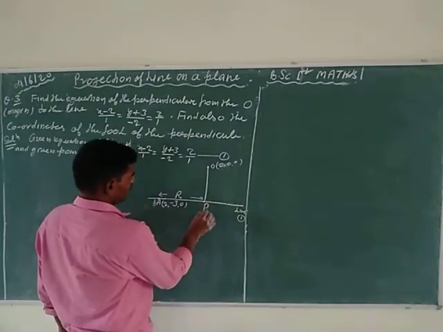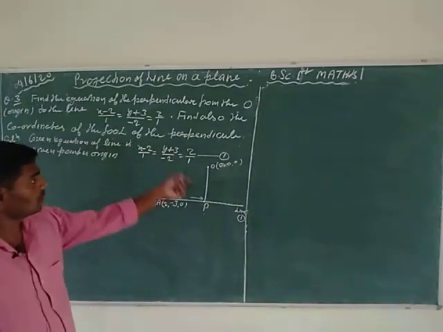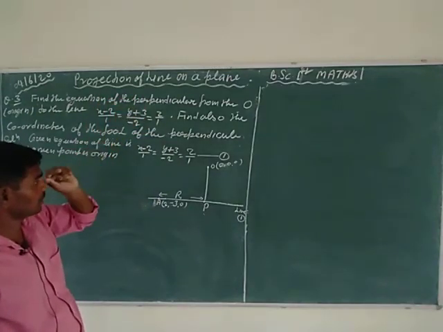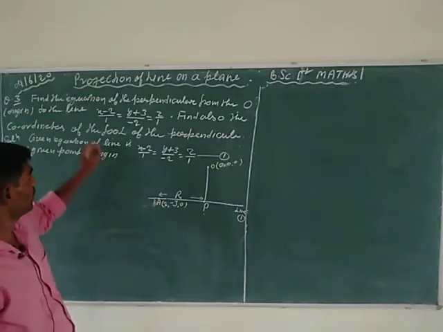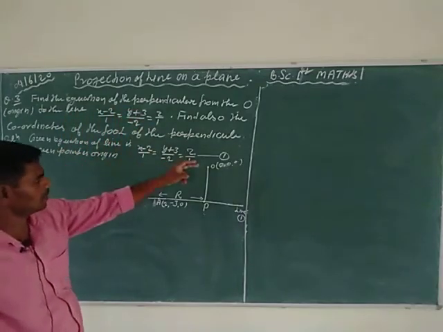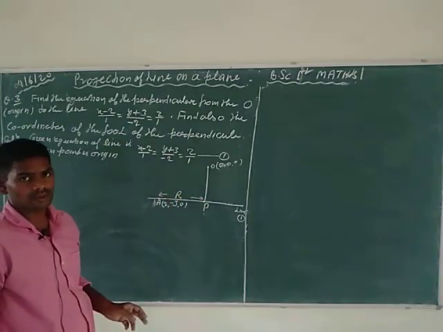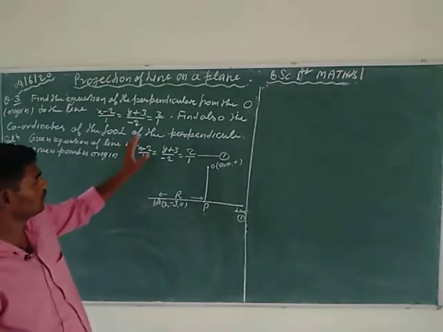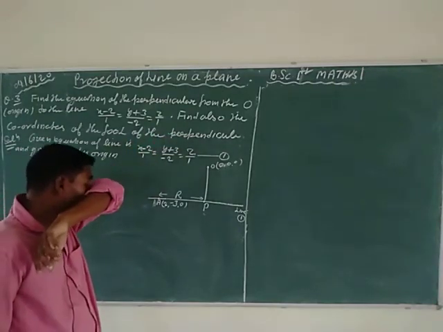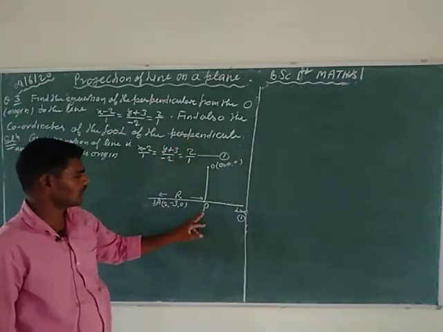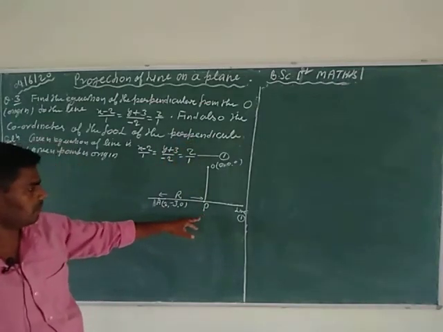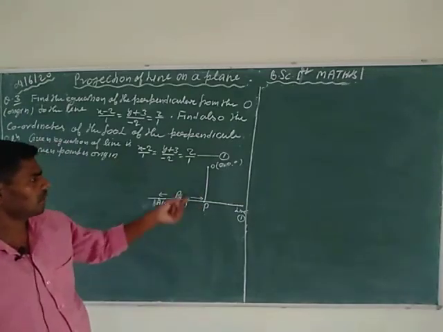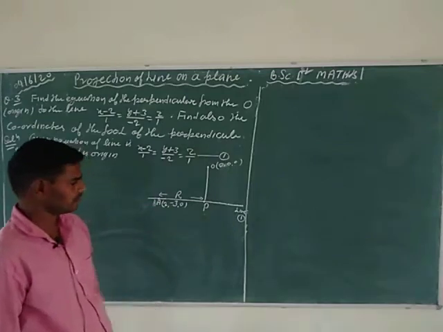Then calculate: the question has two parts. In the first part, calculate the perpendicular line equation, means perpendicular line OP equation, and in the second part, calculate the coordinates of the intersecting point capital P, means the foot of the perpendicular. Here P is known as the foot of the perpendicular from the origin to the given line.